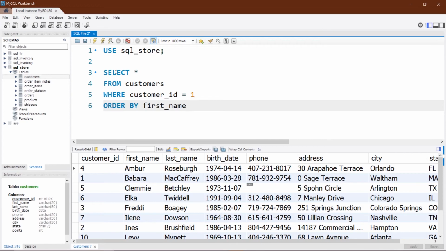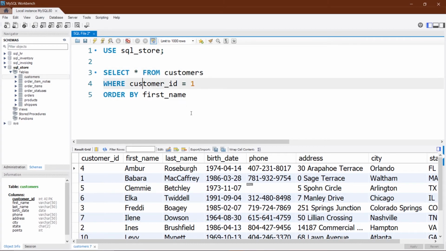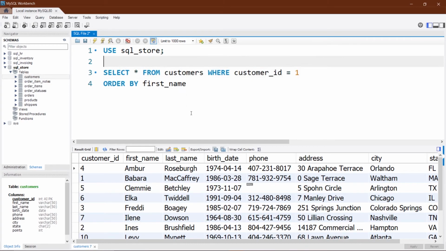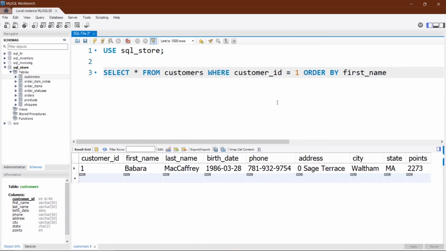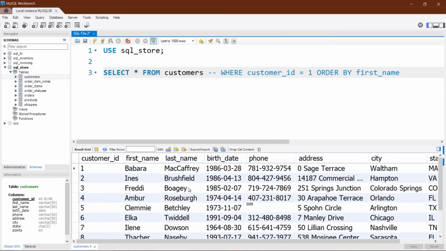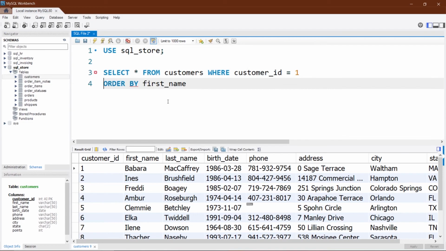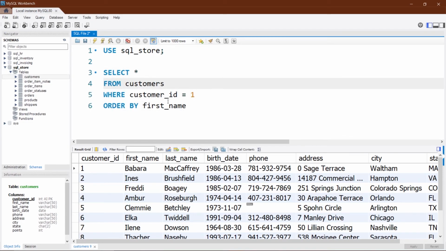Now you see that this is still one whole statement. I can just directly write it like this as well. I'm just going to separate it with white spaces. So I can write this whole statement like this also, and if I execute it, it will again give me the same result. I've not commented it, so I've commented this. Now if I execute it again, you'll see that this will give me the same result. So this is the proper way of writing the select statement. I'm just going to undo it.